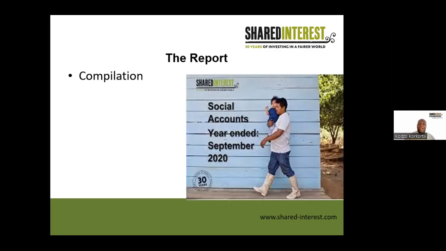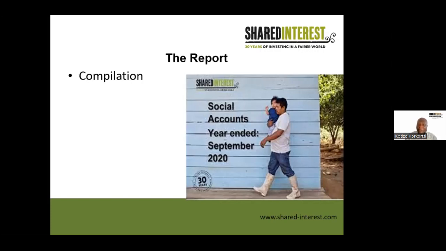We have part 1, which is our activities and operations. We describe all that we did during the year and the outputs that were generated as a result of the activities we have implemented. So we look at our members and supporters. We write on our lending, our projects, we look at our partners, our volunteers, we look at our team. So we have all these reports after the data has been analyzed, and then we receive the input from the various contributors, which is now put together or consolidated into a main report.